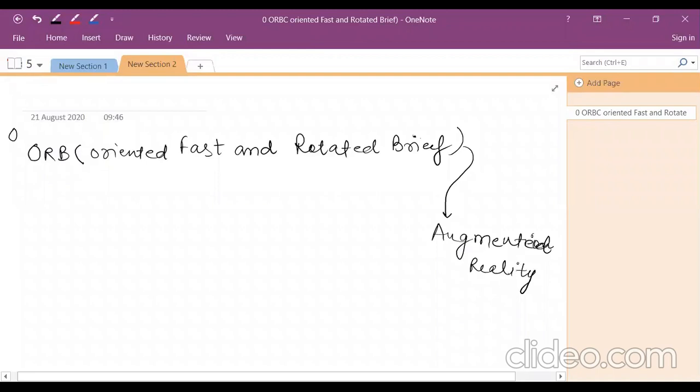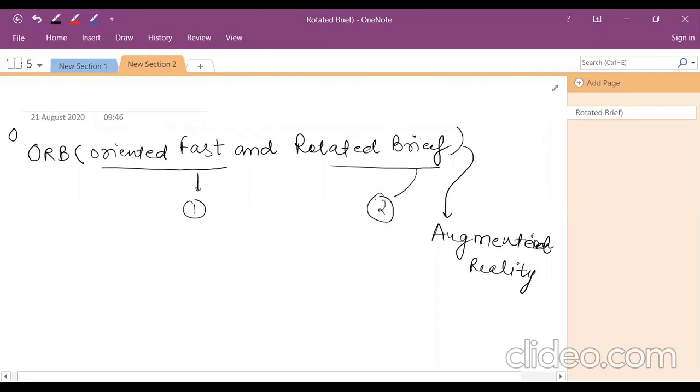That's why it is the last algorithm that we learn about detection and description methods, that is called the ORB. And this ORB is made up of two things. As the name indicates, the first one is Oriented FAST, and the second one is BRIEF. So you can say ORB is not a new algorithm, but a combination of two algorithms. So in order to learn about the ORB, we have to see the concept of the FAST algorithm and the BRIEF algorithm one by one.